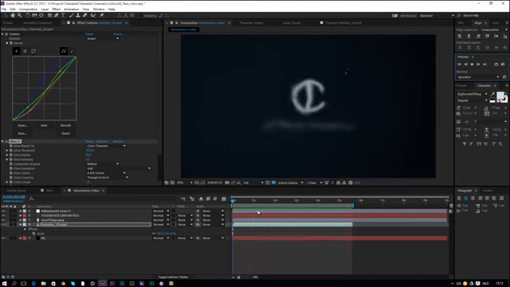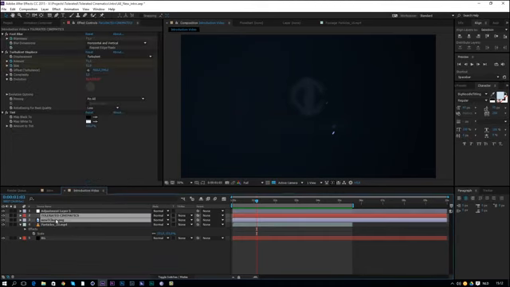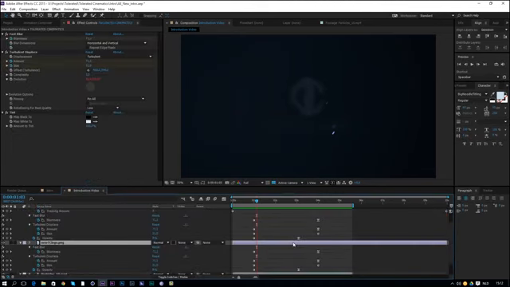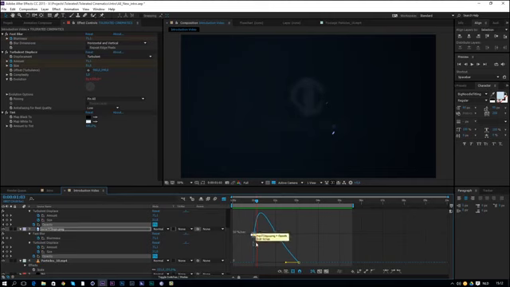The only thing that is kind of disturbing me is it comes in way too fast, like bam, and I want the opacity to take a little bit longer to come in. So I'm going to press U on the keyboard, click on the opacity key here, and click on the graph editor for our opacity and drag it out like this. So now it should be a little bit,